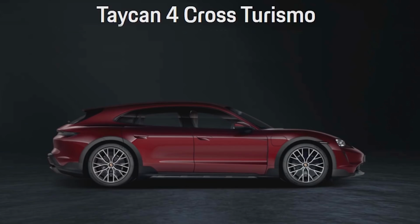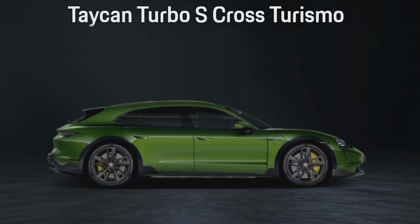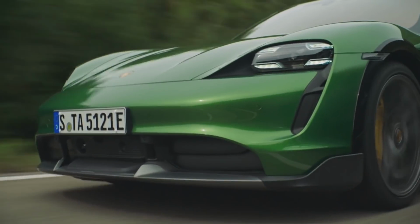Well, there are 4 variants which will sound familiar to anyone who's been following the original model. There's the Taycan 4 Cross Turismo, the 4S, the Turbo and the Turbo S. All Cross Turismos are going to come standard with dual motor, all-wheel drive, 2-speed of course, and Porsche's adaptive suspension